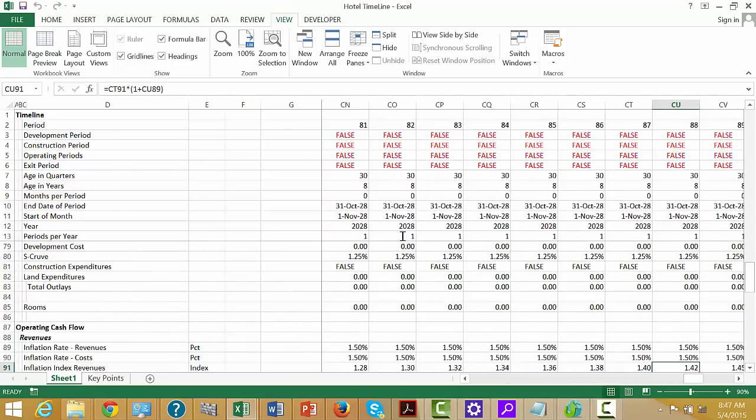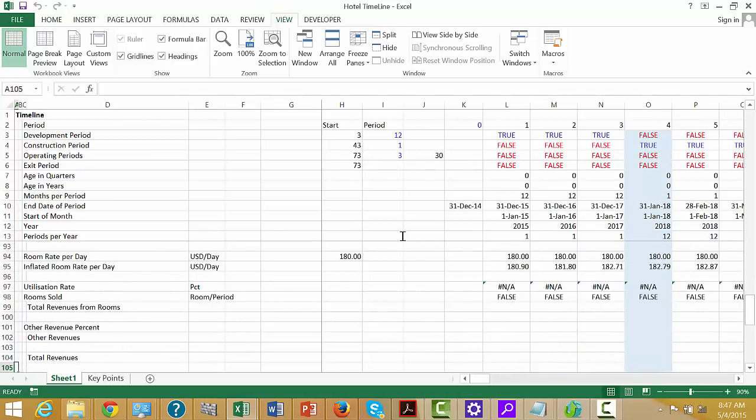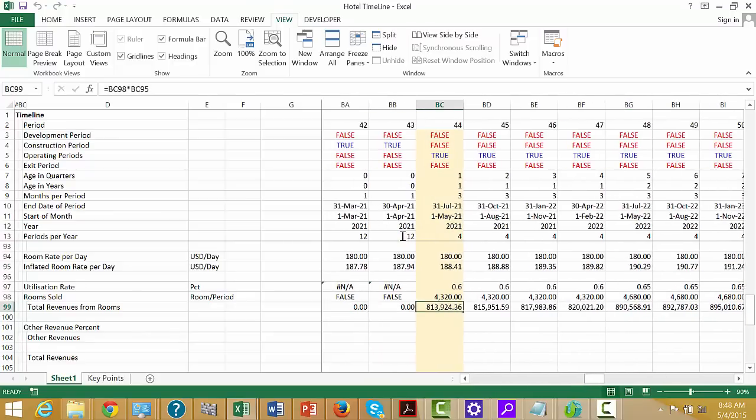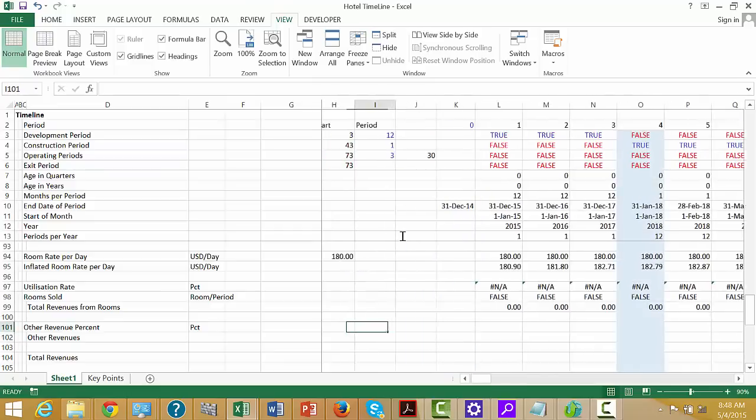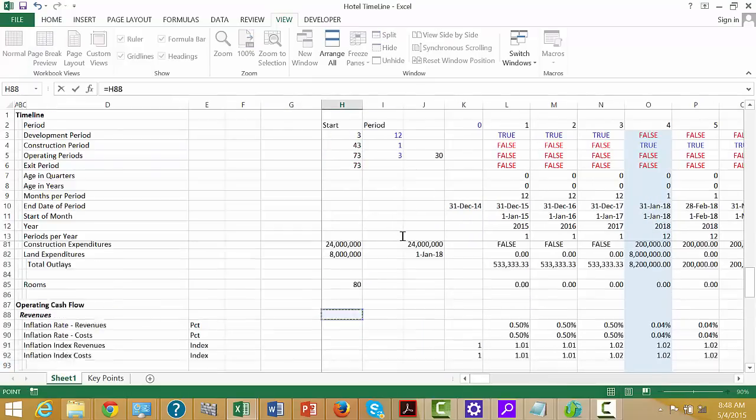Okay, I'm going a little bit quickly, but then our total revenues we can get by multiplying our per room rate by the number of rooms we have. So no necessity for anything there. We start and we get this many revenues per period, and now we have some other revenues percent here, and why don't we just put that in here,